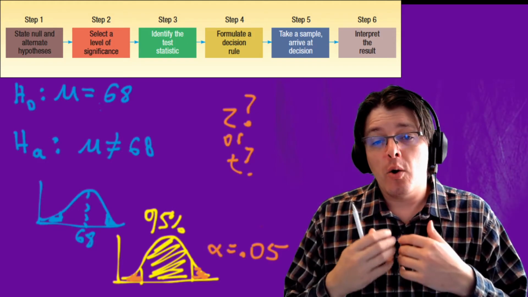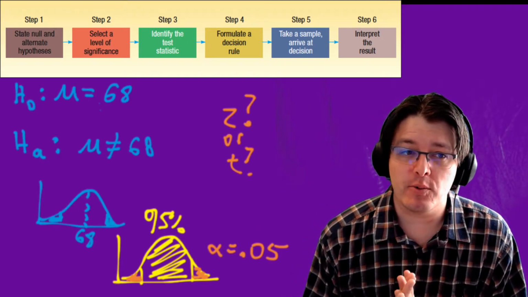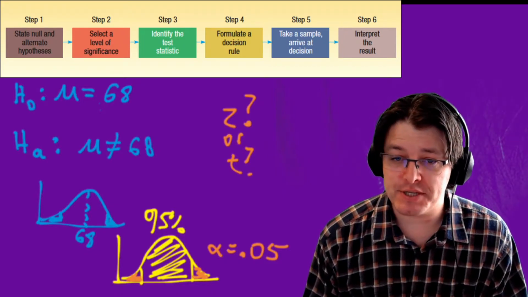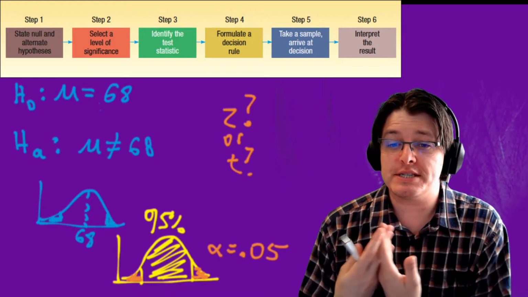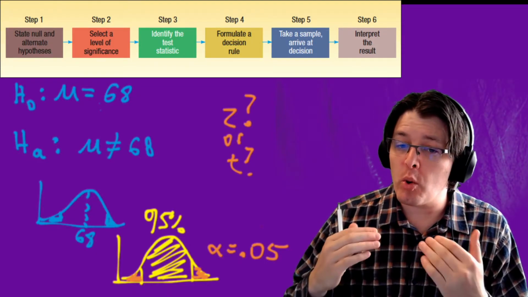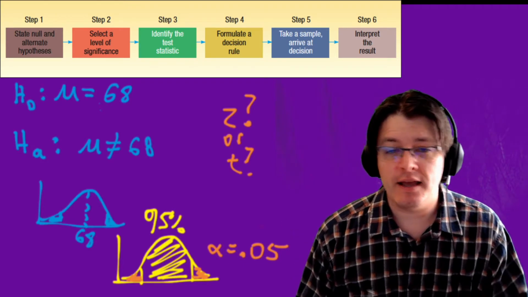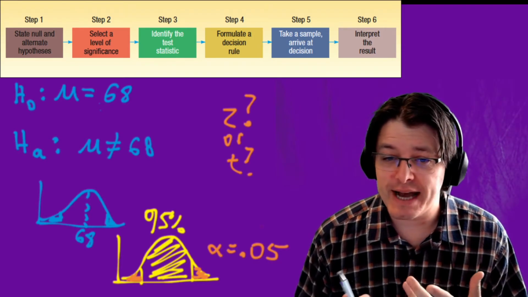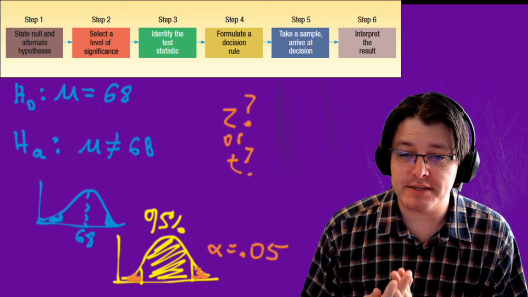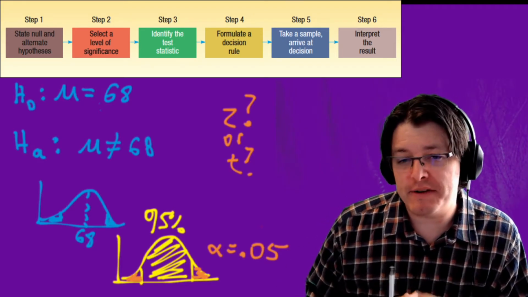What we have to decide is how much evidence is enough. That's what the level of significance is after. Is 5% enough evidence, or is 10%? A 10% level of significance is a lower bar of evidence needed to say my friend doesn't know what he's talking about, it's not 68 inches. Whereas when you lower it to a 5% significance or a 1% significance, we require more evidence to